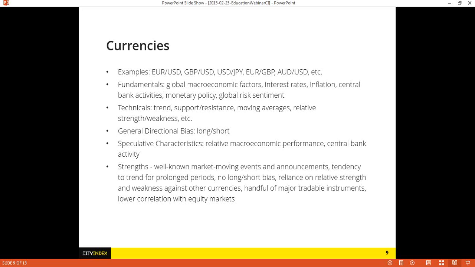Then some of the crosses include euro pound, euro yen, pound yen, those types of things. So it's only a very small handful of tradable instruments. In terms of being a good thing, you don't have a lot that you need to pay attention to. In terms of being a bad thing, you don't have a lot in terms of being